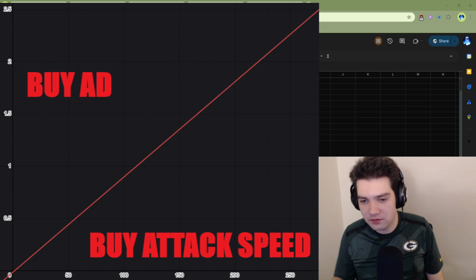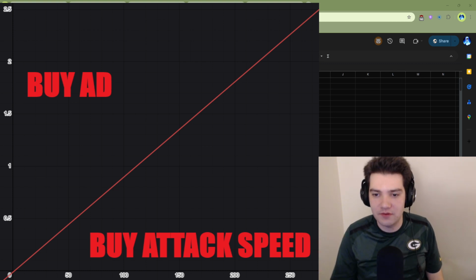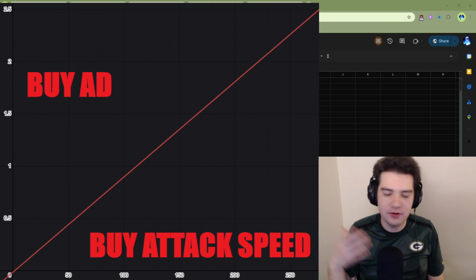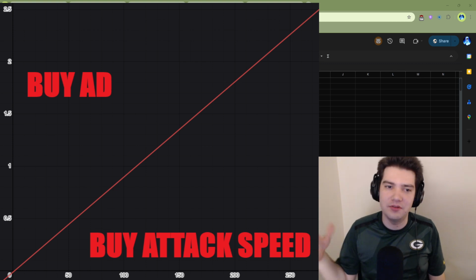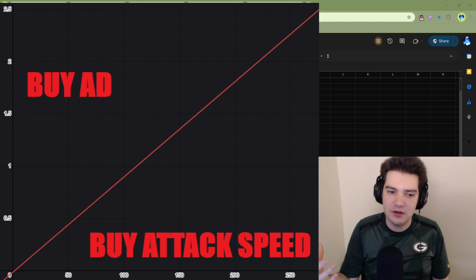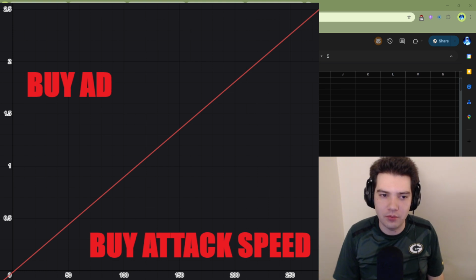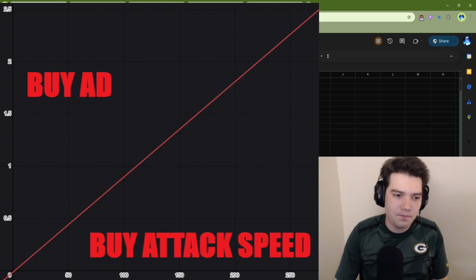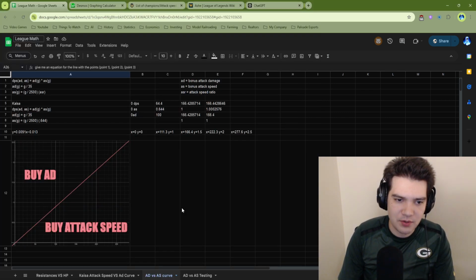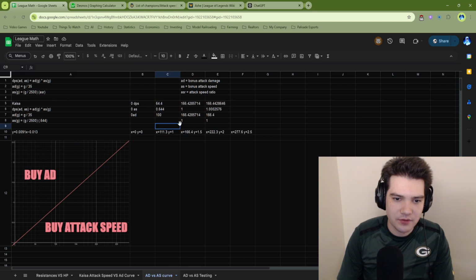So let's look at one of those AD carries and show you how you can very easily construct one of these graphs for yourself. And then I'll try to remember and cover all of the different pitfalls. We've mentioned some that really shift how you would look at this graph or what you can get out of it. So really, number one, if we jump back to the spreadsheet here, we've got a bunch of equations,